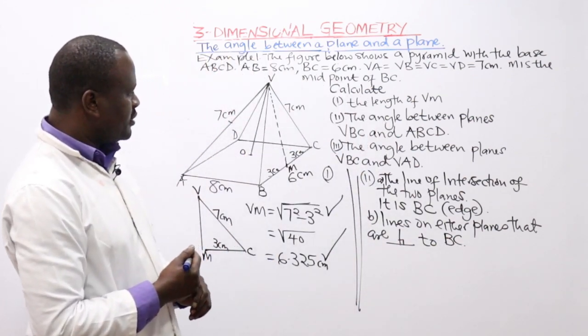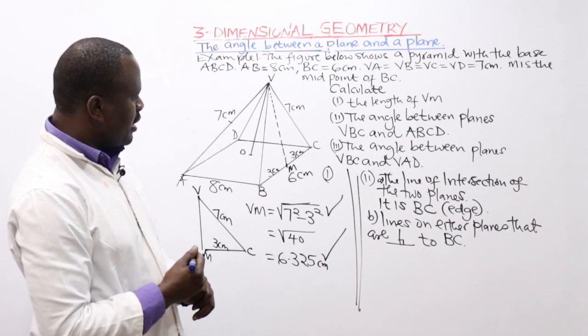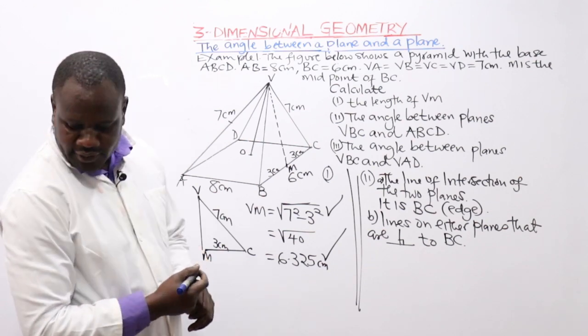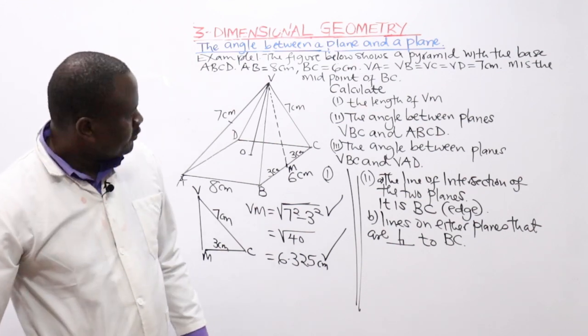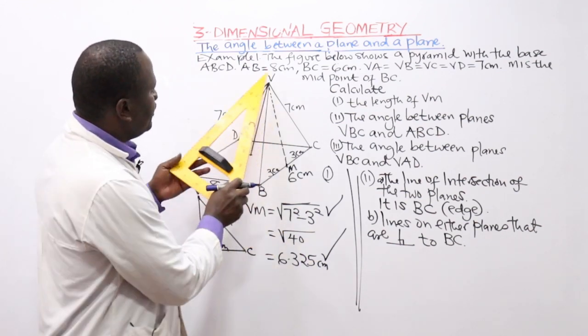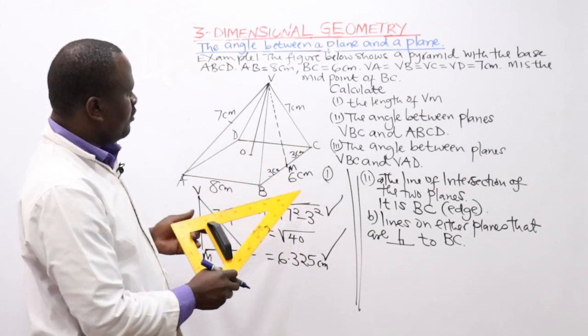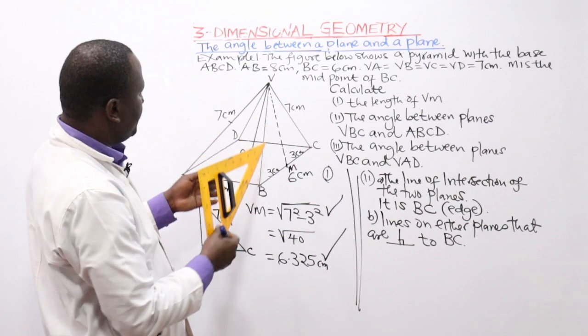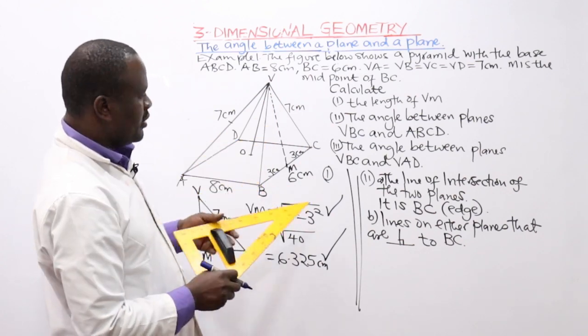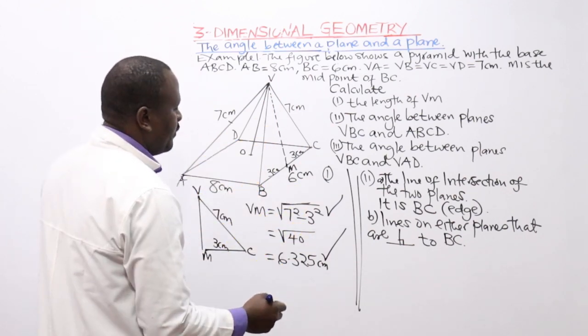So, what are the lines that are perpendicular to BC? We draw them. Now, is the line VC? No, this angle is less than 90. Is it VB? No. The line is VM,